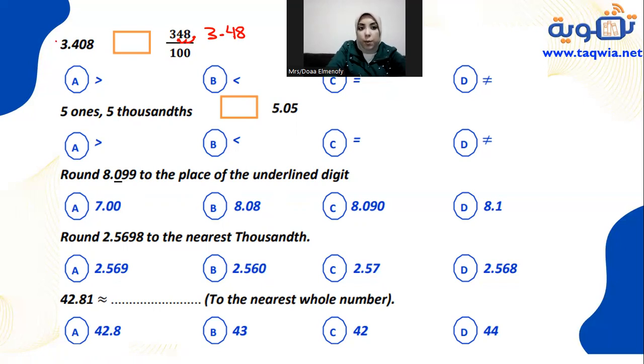So here in the whole number we have 3. Here in the tenths we have 4. But in the hundredths here we have 0. And here we have 4. And here we have 8. So which one is greater? Yeah, this one is the greater one. So it's less than. Okay,